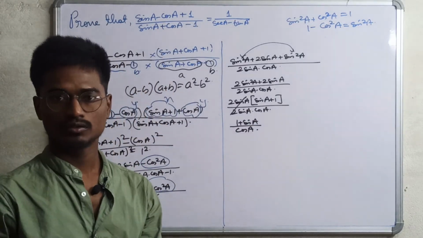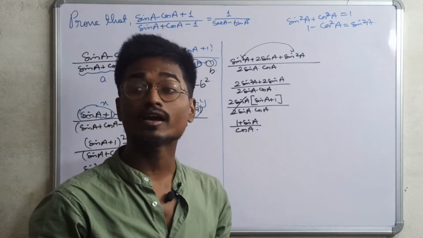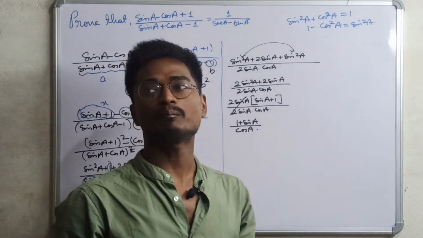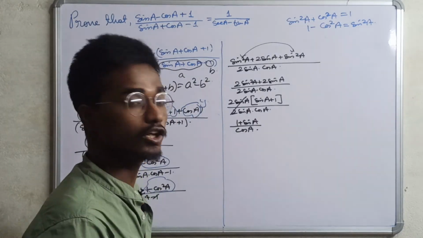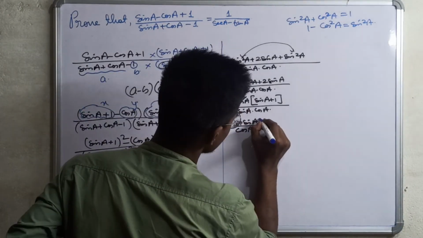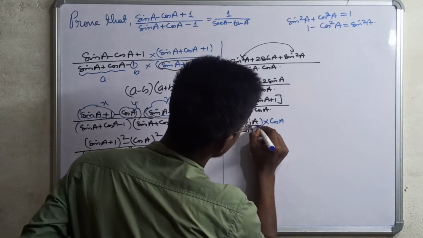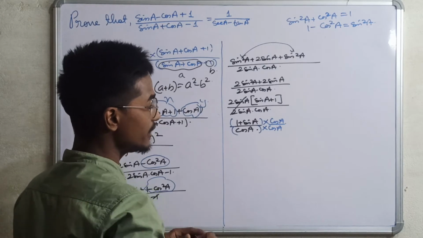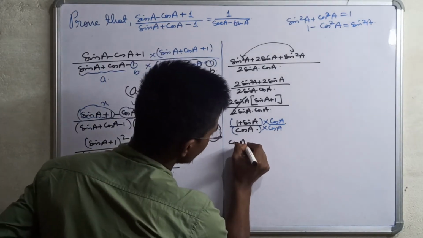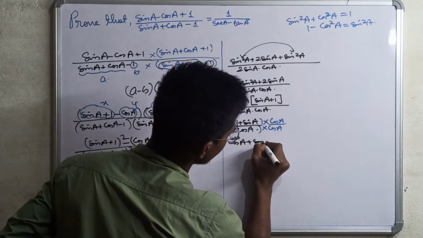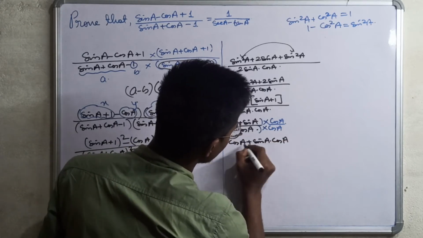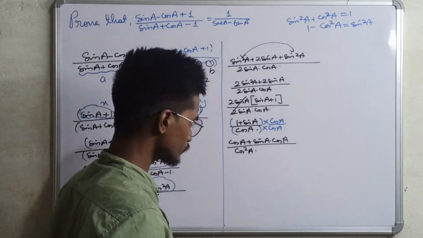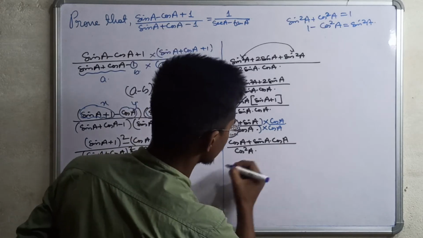Again, you have got stuck with sin and cos a. What I have told you, you start rationalizing the denominator or numerator. I will be sticking with my part and I will again rationalize the denominator. You see what happened. I am rationalizing it. Okay, fine. What I will get, just watch. Cos a plus, it will get multiplied with sin a into cos a. Fine. And we are having here cos square a.